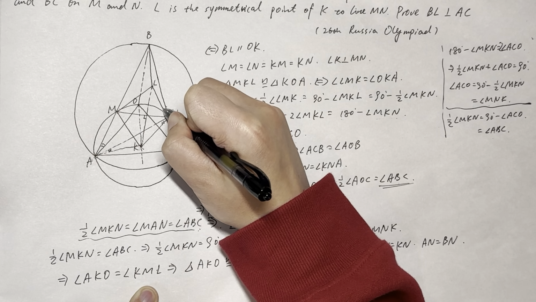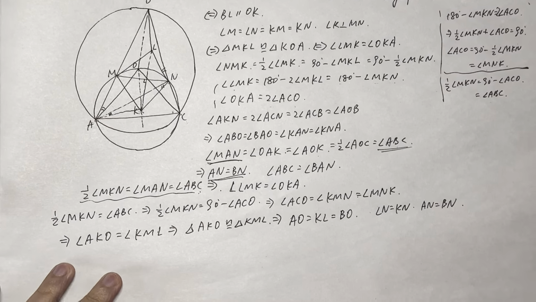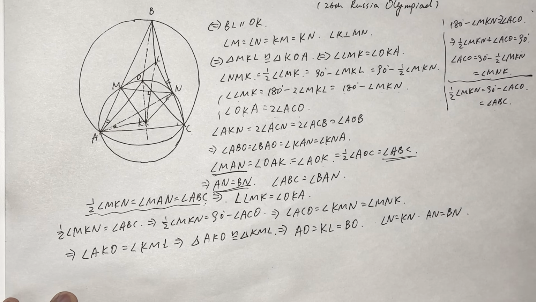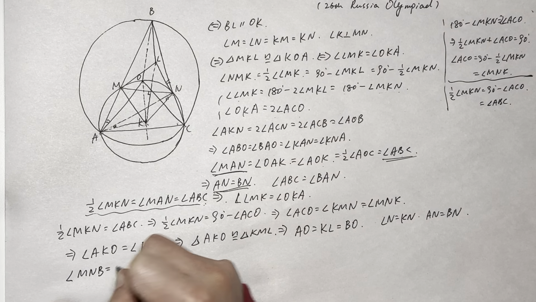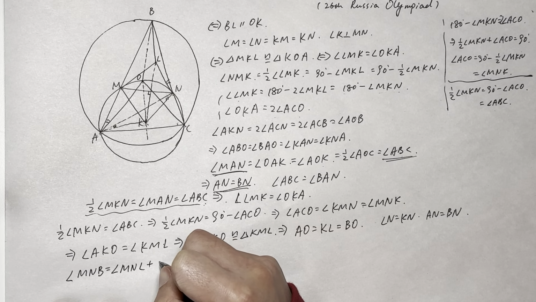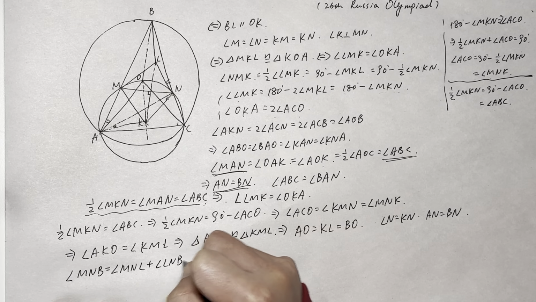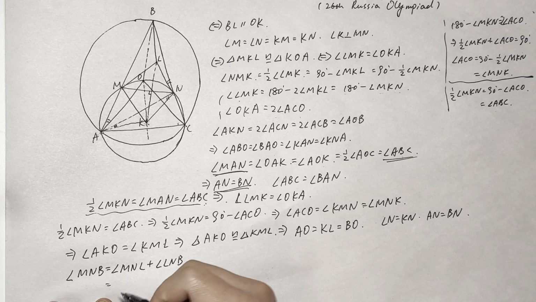So we know that these two angles are equal, right? Let me write it down, maybe it's clearer. So angle MNB equals angle MNL plus angle LNB. And angle MNL equals angle